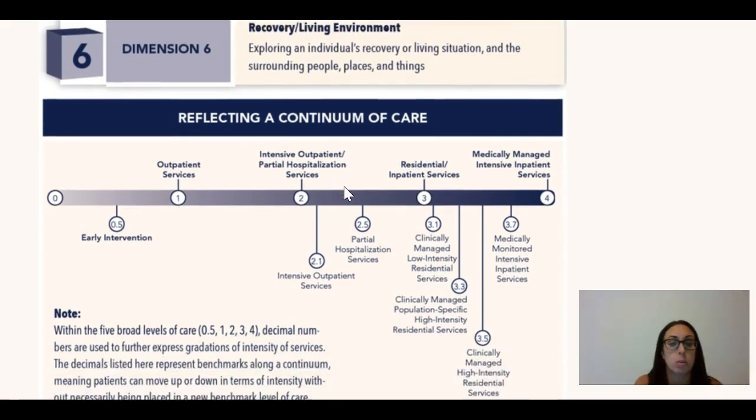Okay, so down here, reflecting a continuum of care. So if you see here, we've got these different numbers, and what these numbers signify is where you are sending them. So you can see 0.5 is going to be early intervention. So that might be in a regular mental health setting or a private practice office where the individual is saying, I'm really concerned about my drinking. It hasn't caused too many problems. Again, referencing the diagnostic criteria from our last chapter, I can still work. I can still function. My family is still supporting me, but I need to make some different changes.